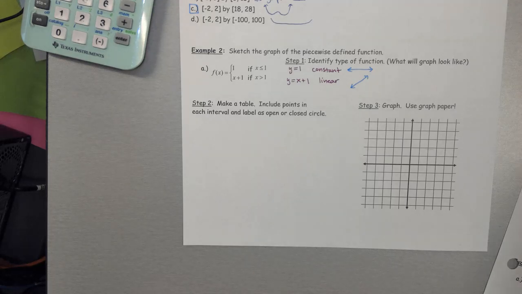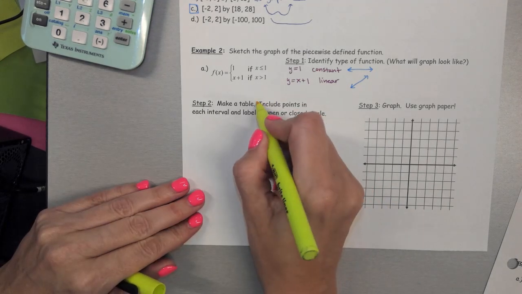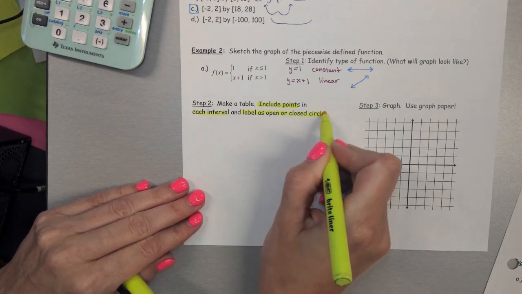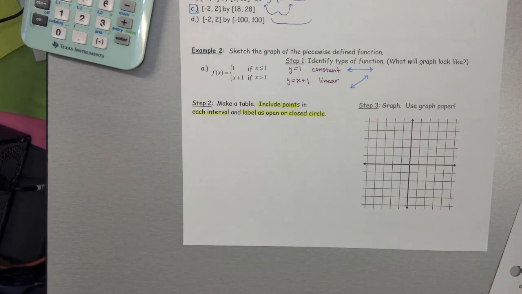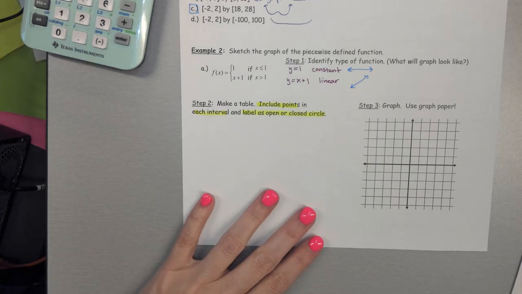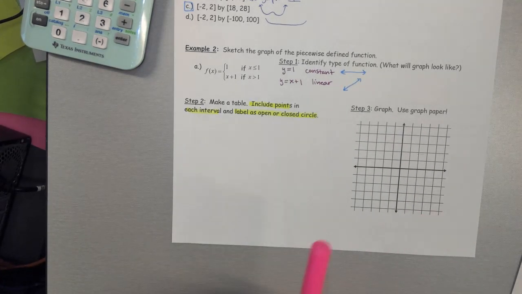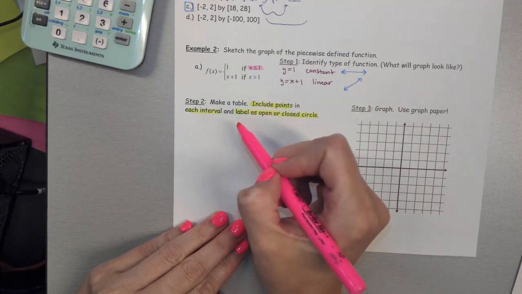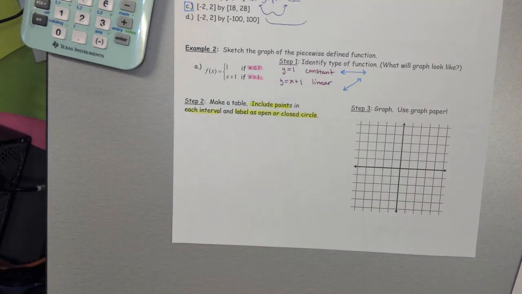So now we are going to make a table. You want to include points in each interval, and we're going to label them as an open or closed circle. You need to make sure that you include your key values here. The key values are given by these intervals. If x is less than or equal to 1, if x is greater than 1,